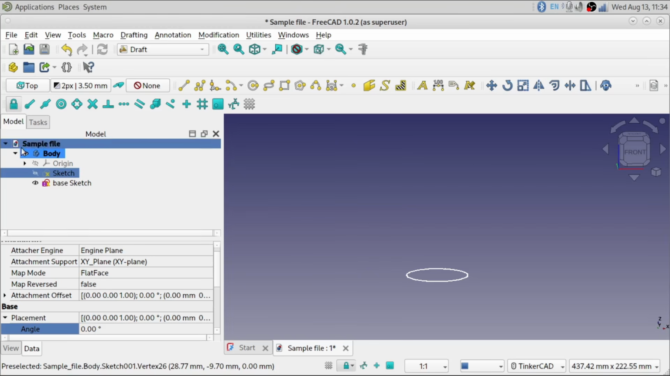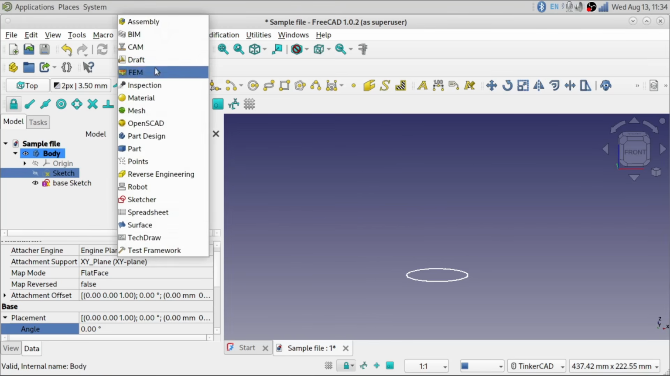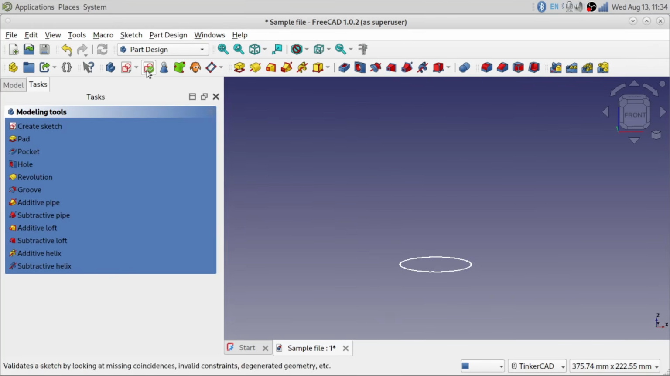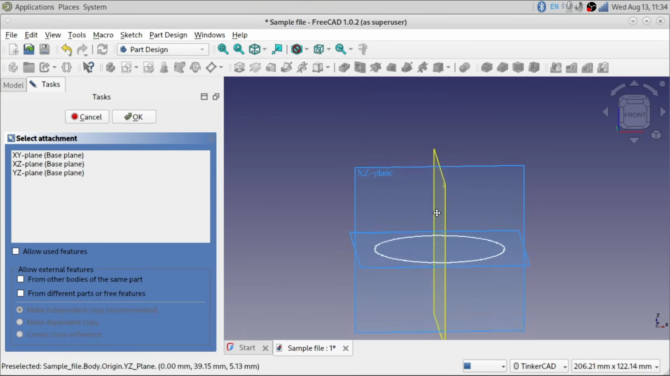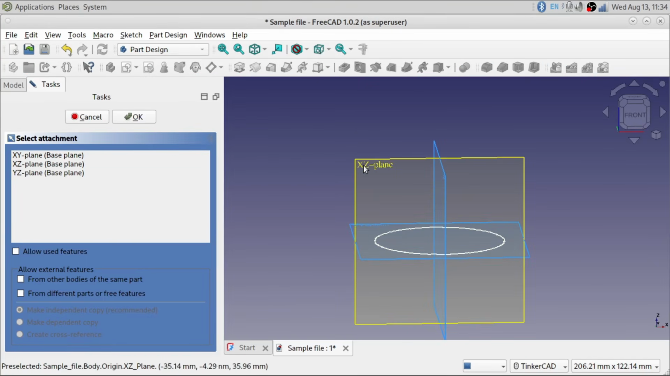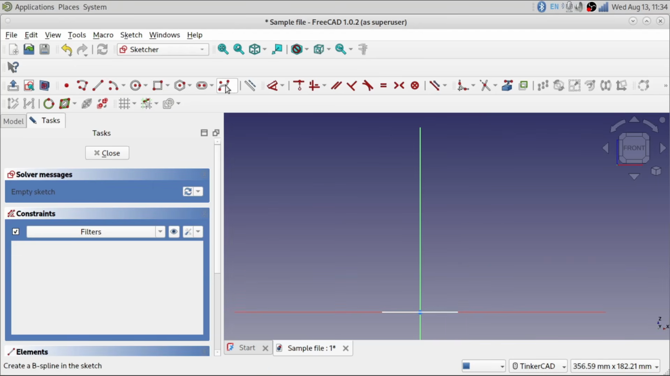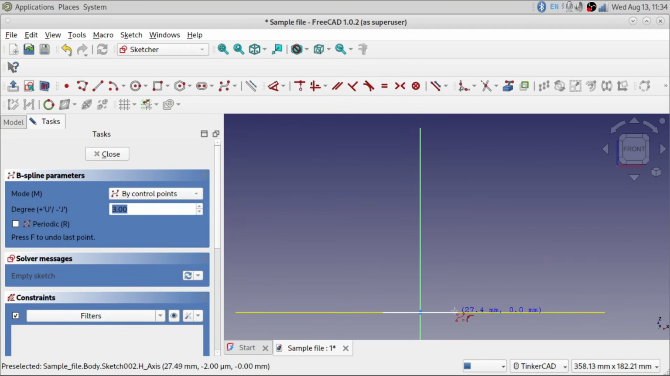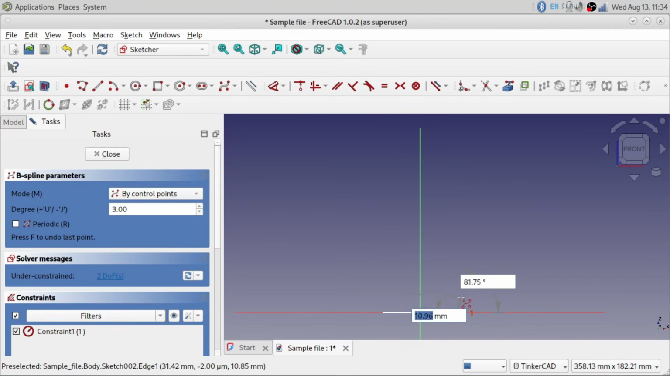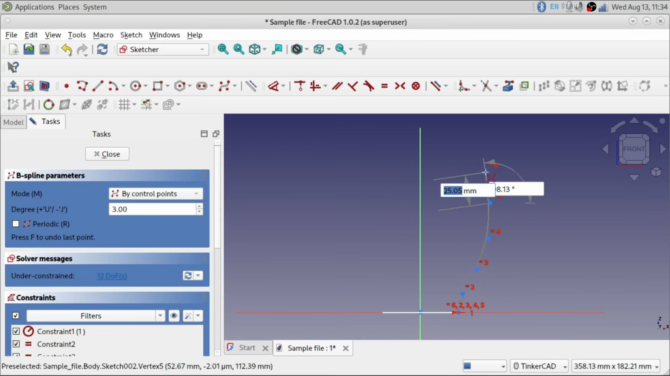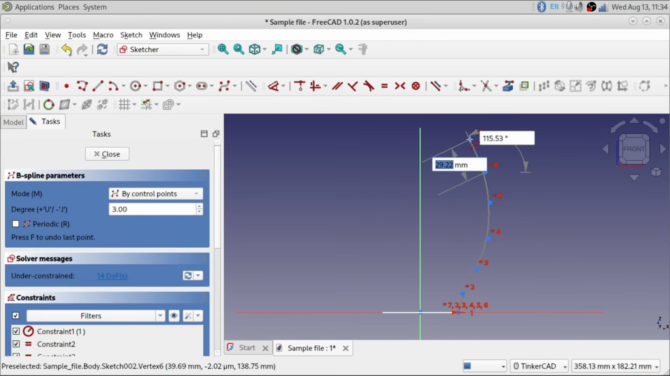The other thing I want to do is I want to create a profile sketch for the shape of the vase. So I'm going to go back to part design, and I'm going to create a sketch, but I'm going to create it on the XZ plane or the YZ plane, whichever one you want to use. I'm going to use the XZ plane. And what I'm going to do is I'm going to make a B-spline that's going to start about where the edge of my base sketch is, and it's going to come up and it's going to define the shape of the vase